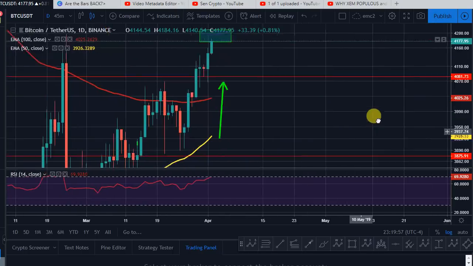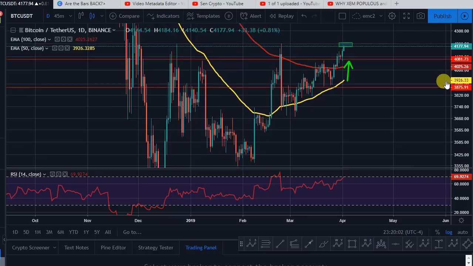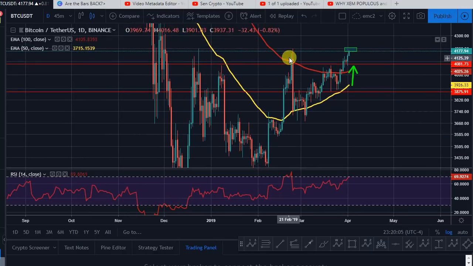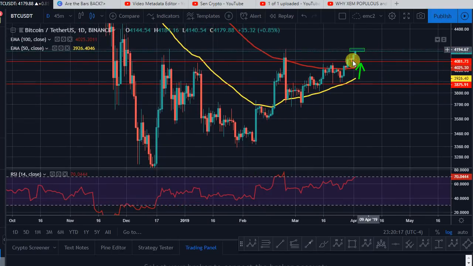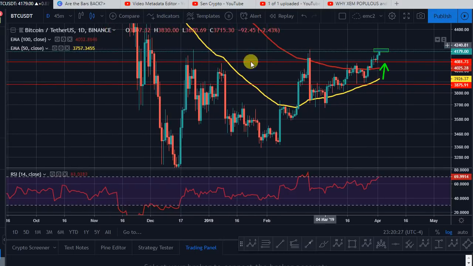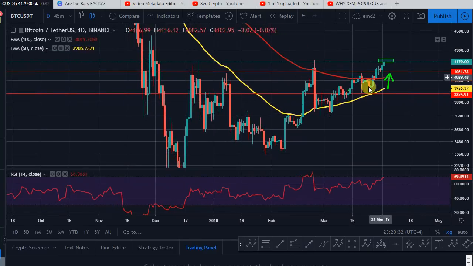You take a look at the daily. If you've been following my channel since February, on February 22nd, I said BTC is going to make a U-turn, and BTC made this U-turn. And then I said we're going to get an inverted head and shoulder. We got this clear inverted head and shoulder, 3 down, 3 up. We're getting back to this neckline, but it's going to be critical how we're going to break this neckline. I'm going to update it after we break 4194, because it's too soon to talk about the bull run after this area of the neckline is broken. It is going to be very special.